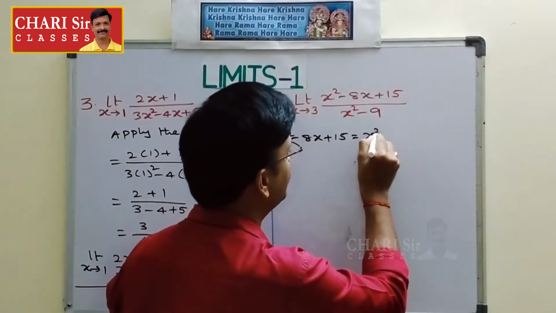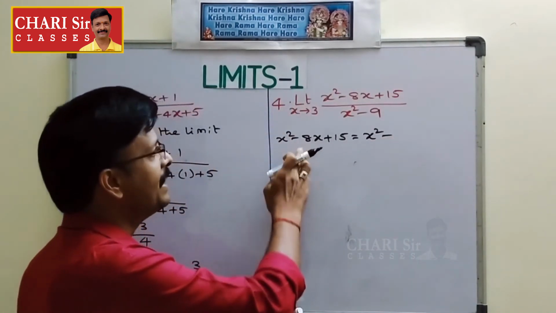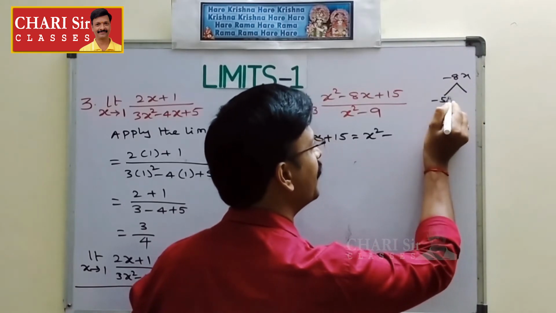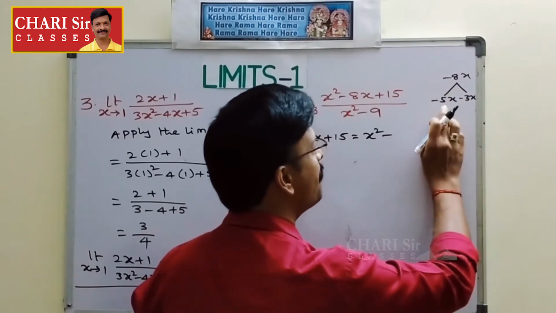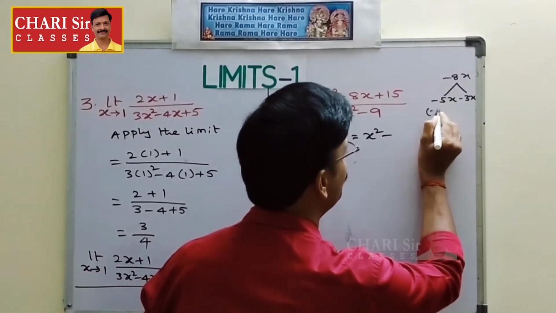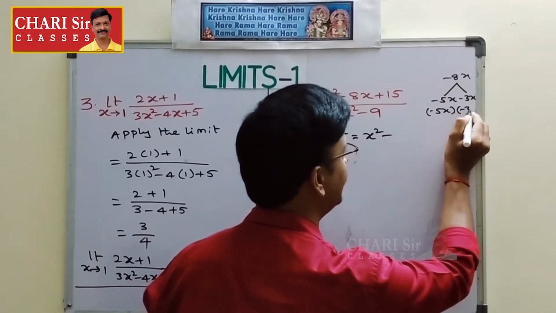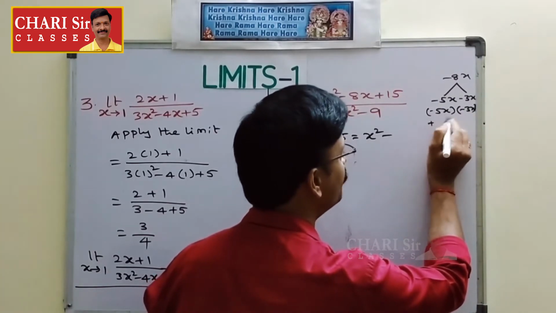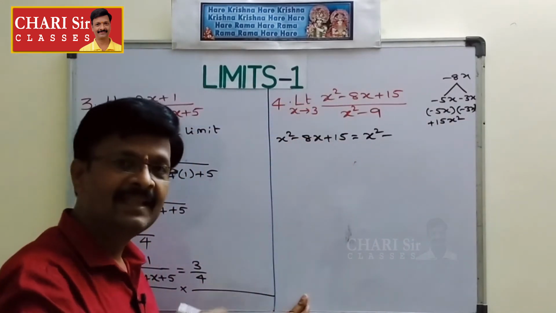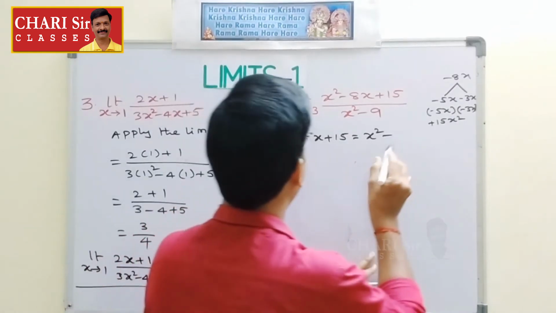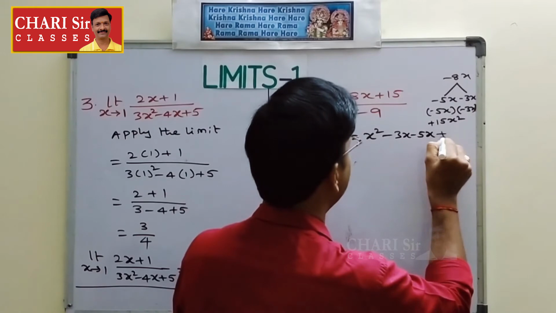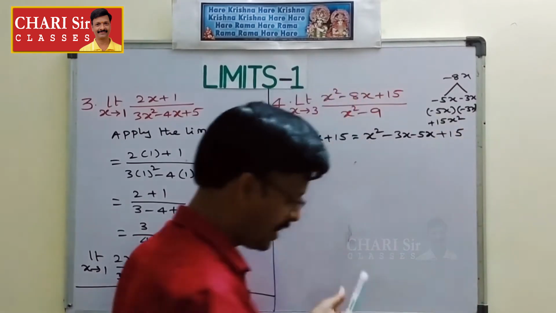You can see here x square minus 8x is there. This minus 8x I want to write as minus 5x and minus 3x. Minus 5x minus 3x is minus 8x. When you multiply these two, minus 5x and minus 3x, you get minus into minus plus, 5 into 3, 15, x into x, x square. So we get the product of extremes. In that way we need to factorize this. Okay, let's write down here minus 3x and minus 5x and plus 15. So just I can take out this one.